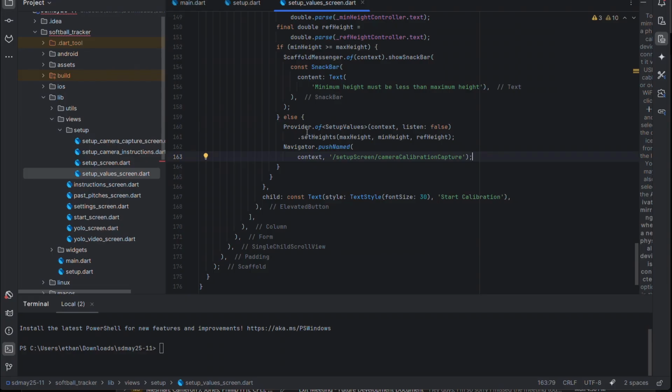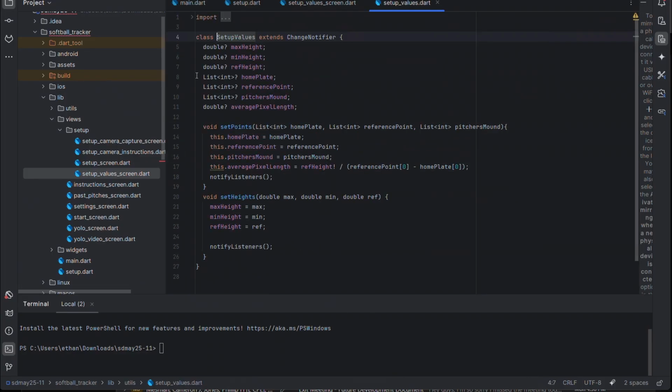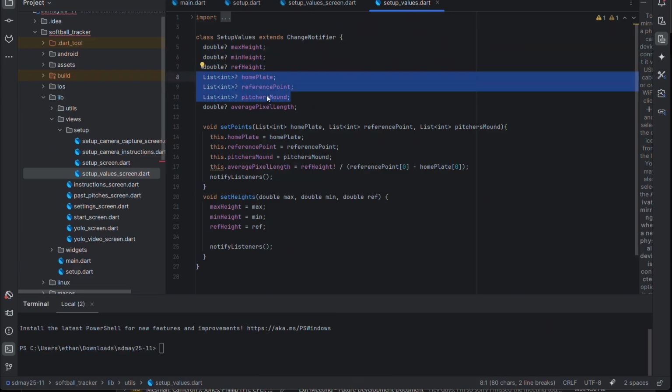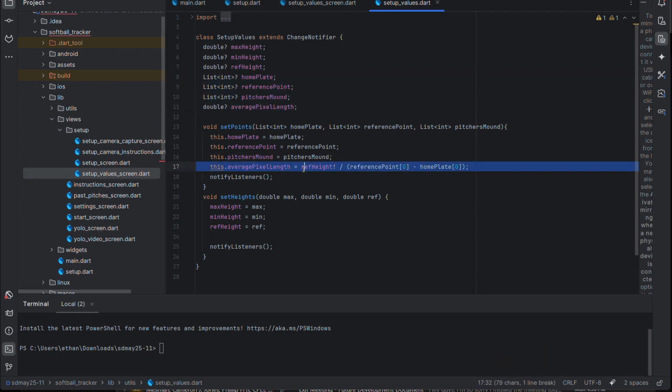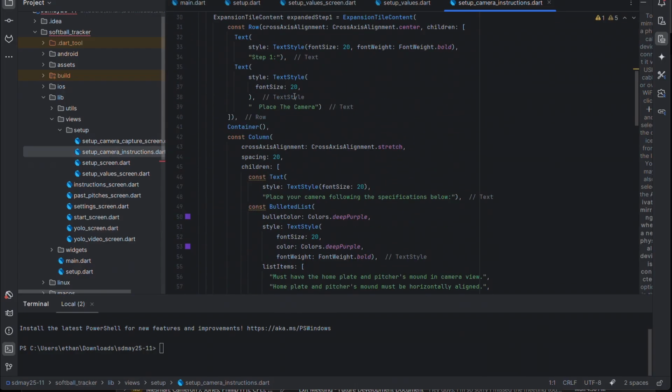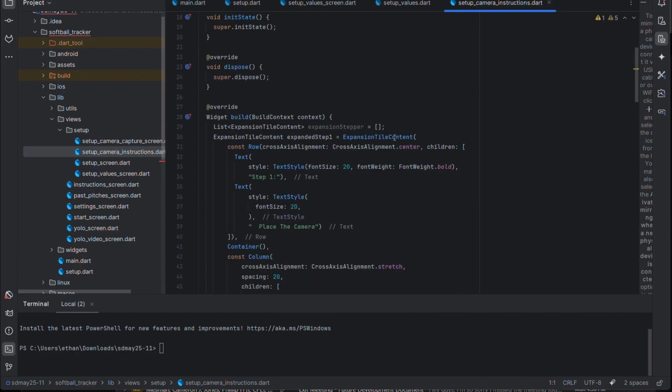We can also see in this provider that I set up, we have setup values, which give us the max, min, reference height that we can save those to. We also later will go through the home plate, the reference height, and the pitcher's mound, and set the average pixel length here. We also have the camera instruction screen, which is going to have expansion tiles, which is a